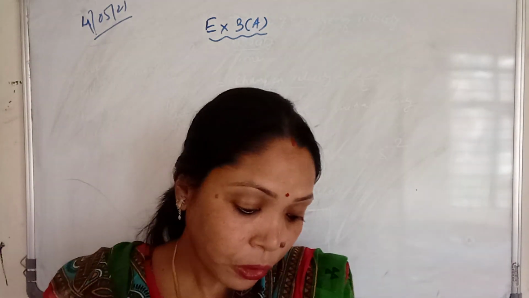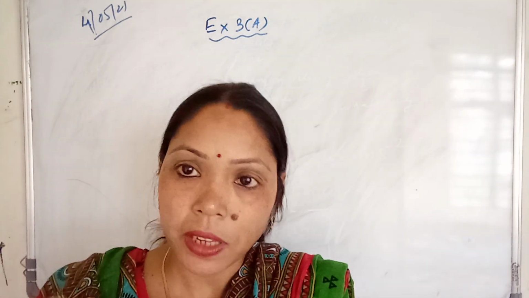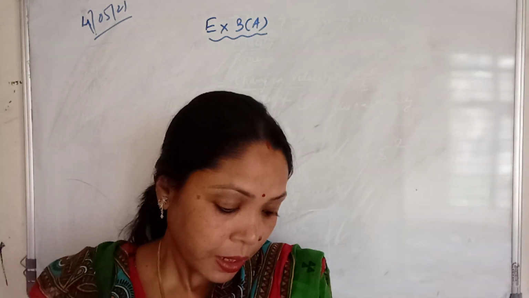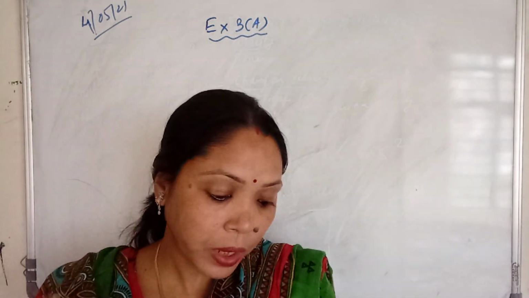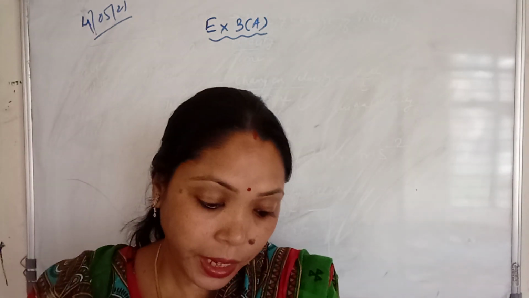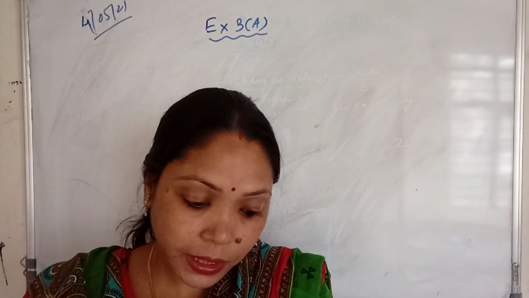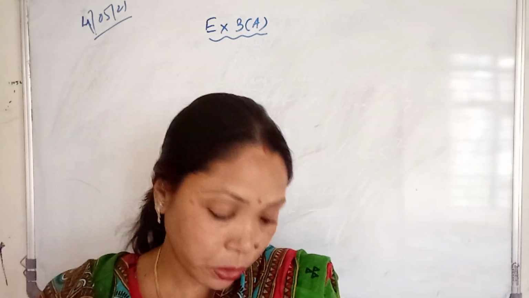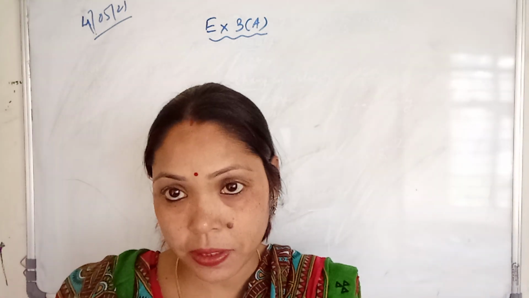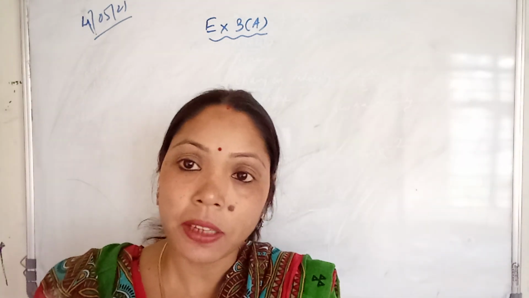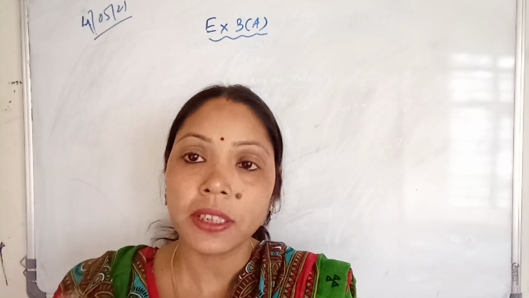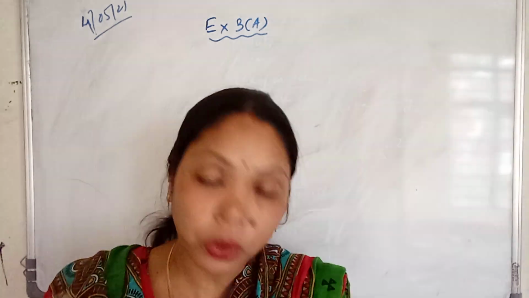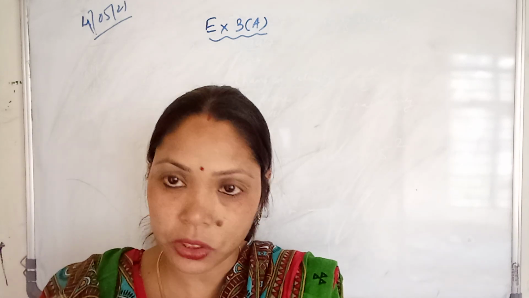The rate of flow of an electric charge is called electric current. Yes, flow of electric charge is called electric current. Then number 2, a body is said to have 1 coulomb electric charge. Compared to protons, it has an excess or deficit of 6.25 into 10 to the power 18 electrons. Whenever we find the number of electrons for 1 coulomb of charge, the number of electrons comes to 6.25 into 10 to the power 18 electrons.